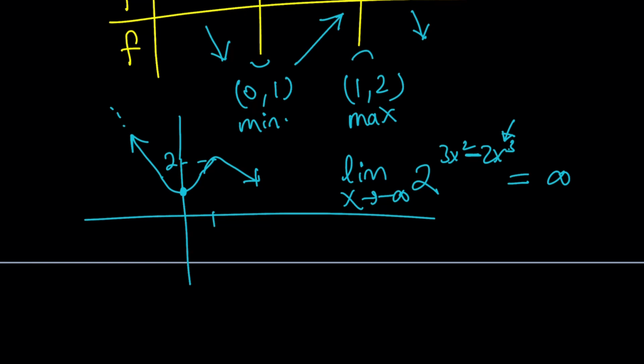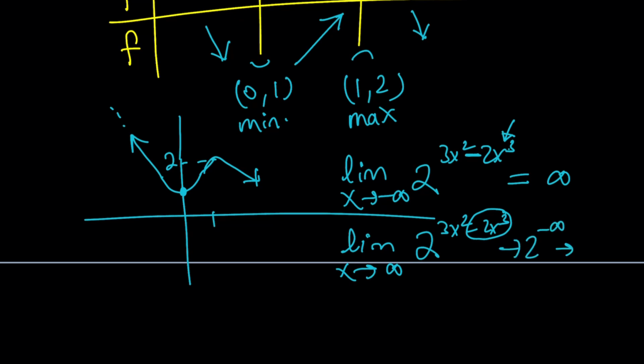Okay, and as for the limit as x approaches infinity of the same function, this time you might be expecting to get positive or negative infinity, right? But that's not the case, because if x approaches infinity, this is going to approach negative infinity, and 2 to the power negative infinity is going to approach 0. Make sense? So our limit in this case is going to be 0,